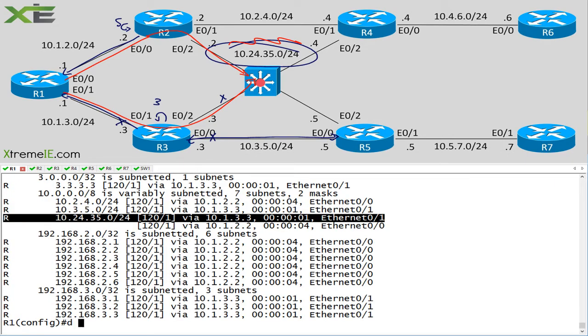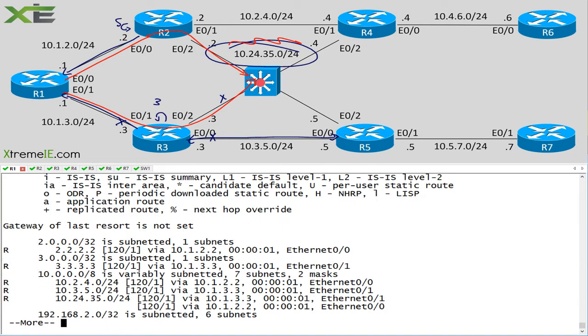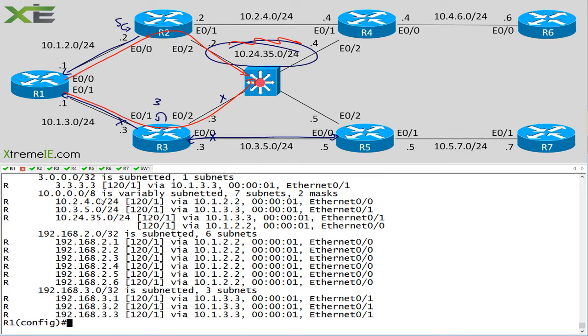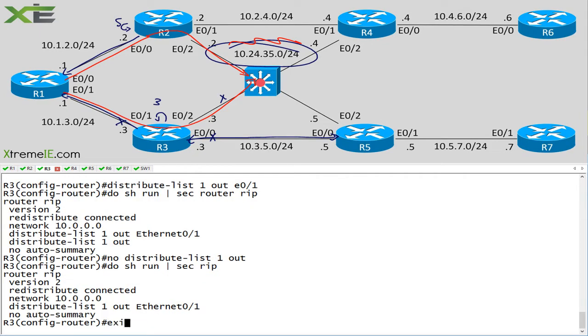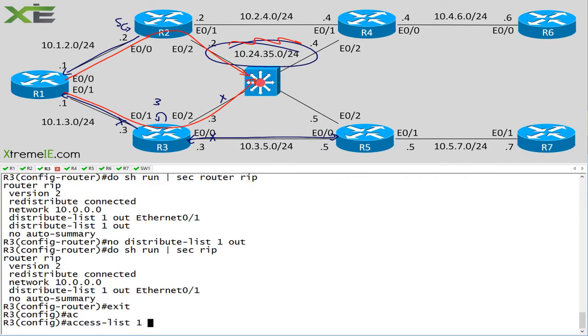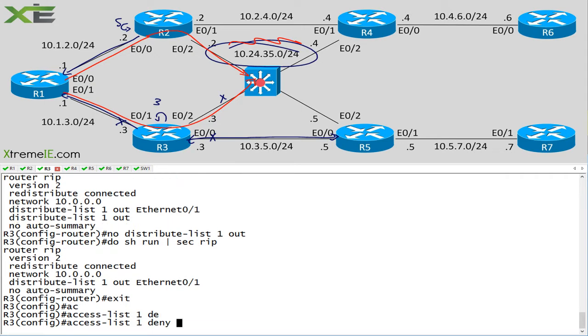So let's say do clear IP route star, do show IP route RIP, and that did not work. Why? Because we forgot the access list. Here we go. Access list 1, and we'll say, what do we want to do? We want to deny, right? So I'm going to say deny